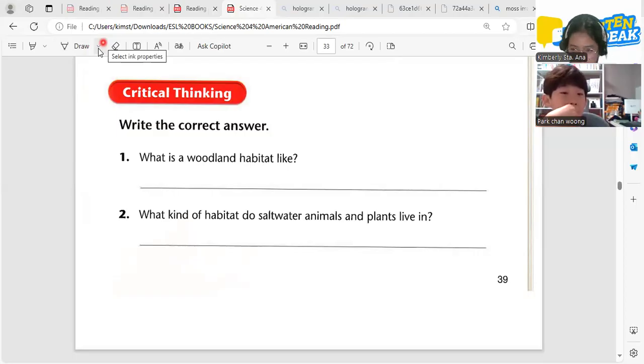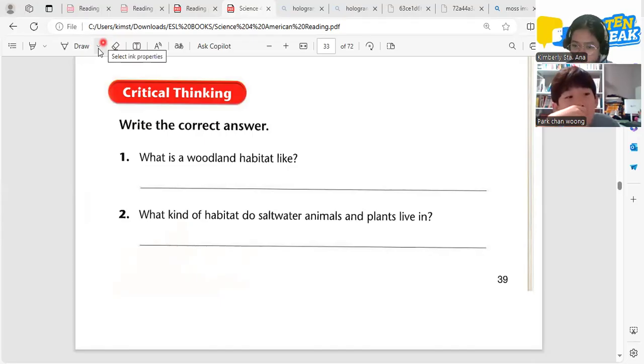The woodland habitat has many trees. How about the soil? Is it dry? Is the soil dry in the woodland? No, it's moist.